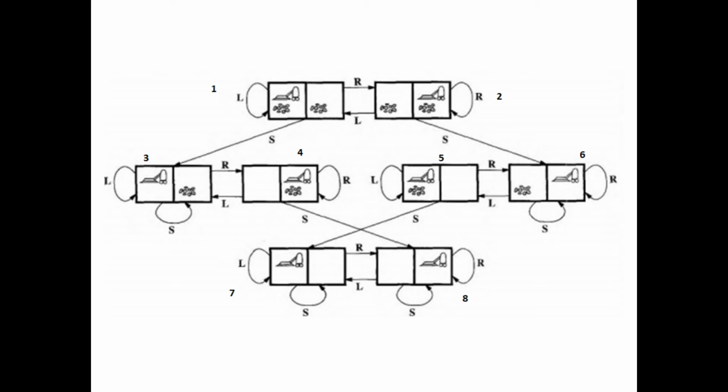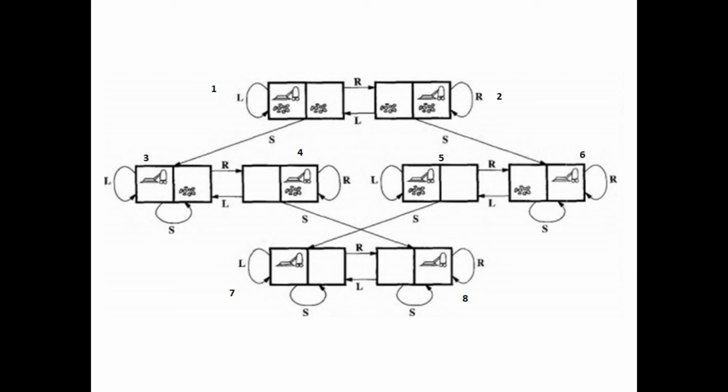Okay, so A and B are cleaned. This is the process. So at this stage, at the 8th state, you can't do anything because in room A and room B there is no dirt. Either move to the left side or move to the right side. There is no suck. That's why here no actions will be performed in the 8th state. Suppose once again we go back to the first state.